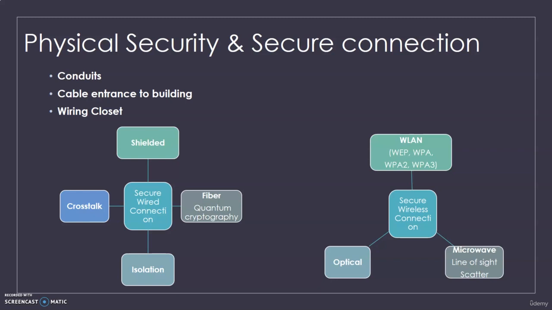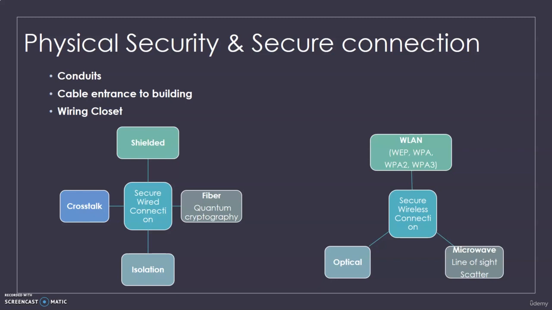When it comes to securing wireless, we know the wireless local area networking. We used to use WEP, also known as Wired Equivalent Privacy, and Wi-Fi Protected Access. But now we pretty much should only be using WPA2 and WPA3 as a way to secure those wireless communications.